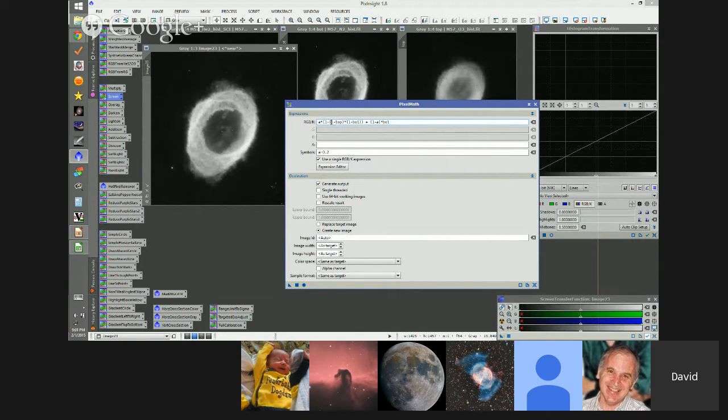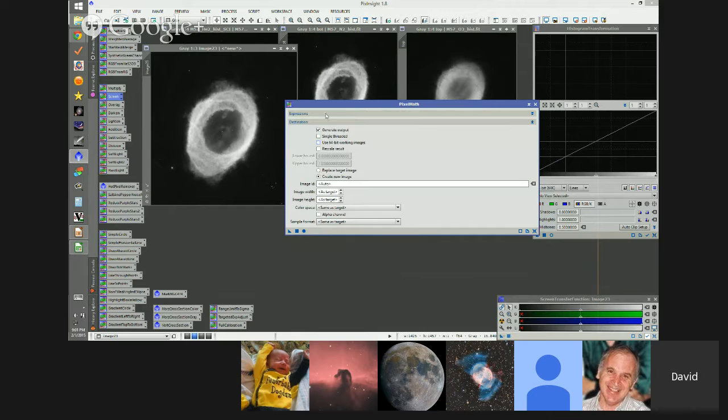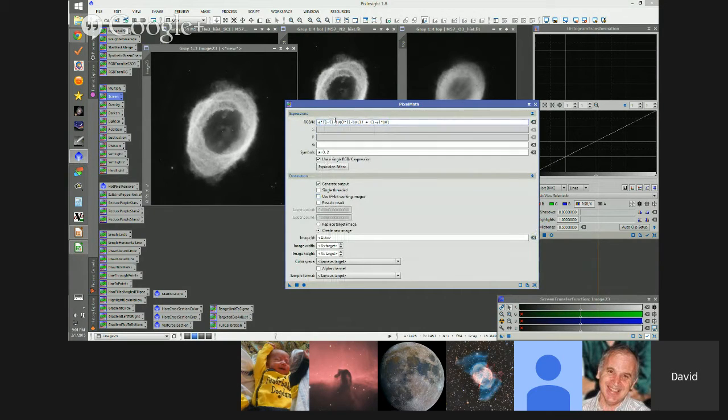So you effectively make your values from 0 to 1 now go from 1 to 0 before you do the multiplication, and then you invert that back again. There's a little function in PixInsight. There's actually an inversion character, so you can use the tilde, and that'll get the same result. So I could actually do this,